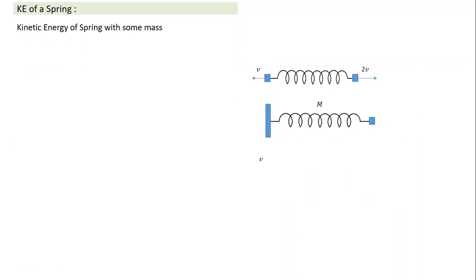So this is one type, and we can have another variation also. The other variation could be like this. There's a spring here, connected to two masses, M1 and M2. If we give a constant velocity 2v to this mass here, and constant velocity v to the other, different parts of the spring will also acquire velocity, and the spring has some mass m. The spring will also have certain kinetic energy. How do we calculate the kinetic energy of the spring?